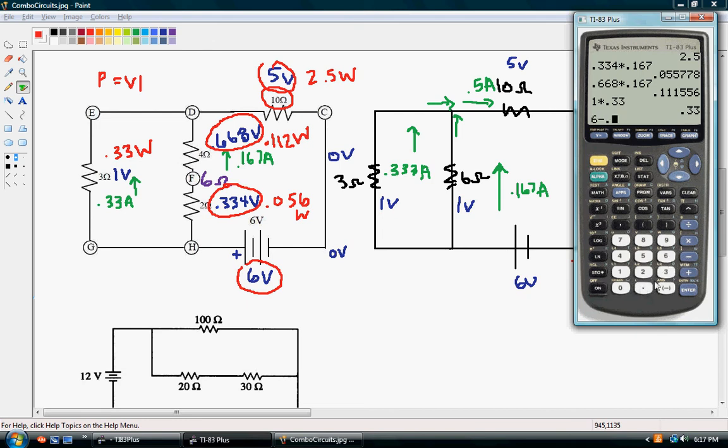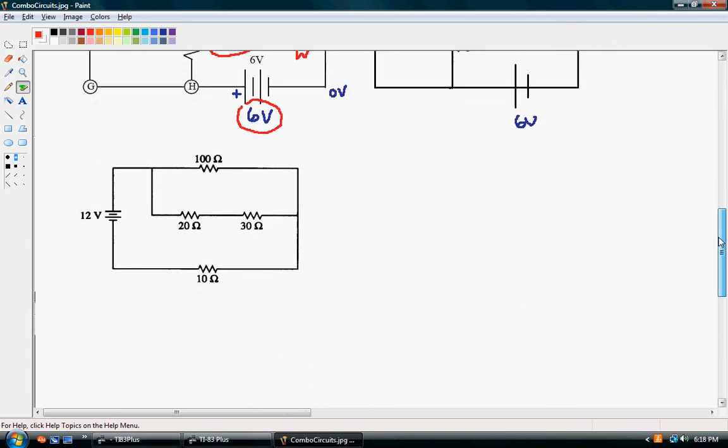So 6 minus 0.334 minus 0.668 minus 5. And it should be close. It might be off a little because of rounding. Okay, notice we get negative 0.002, which is essentially 0 volts, which is what we expected. Okay, moving on to the second